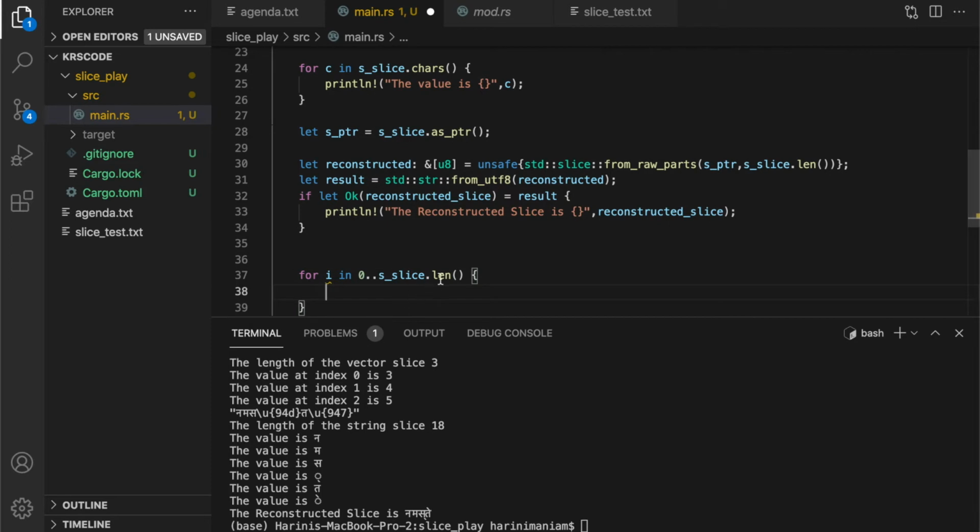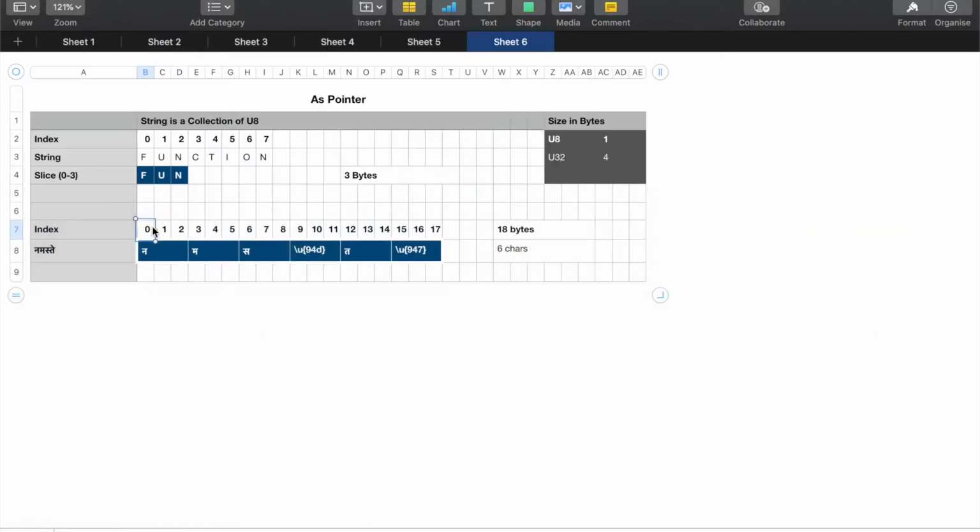The length is very, very important, because when I am traveling the pointer, I should know when I have to complete my traveling. That is, my pointer is now here, and I am going to move here until the 18th byte. That is, starting from 0, it will be on 17th. So whenever I am moving from one location to another location, if it is a U8,